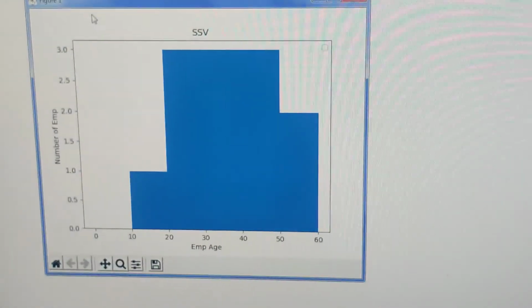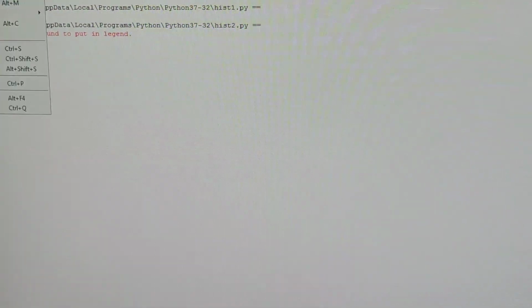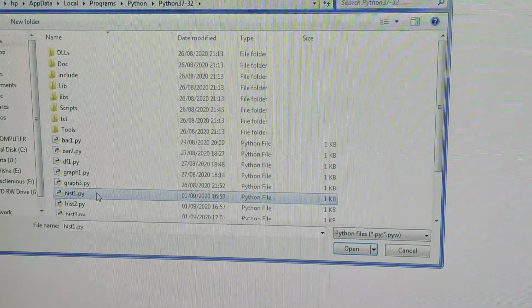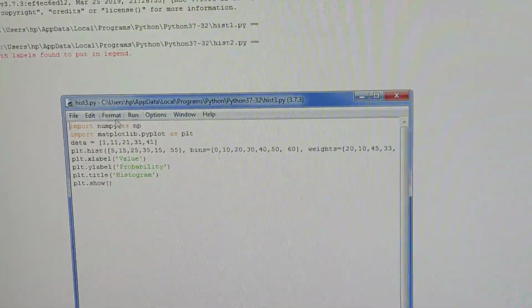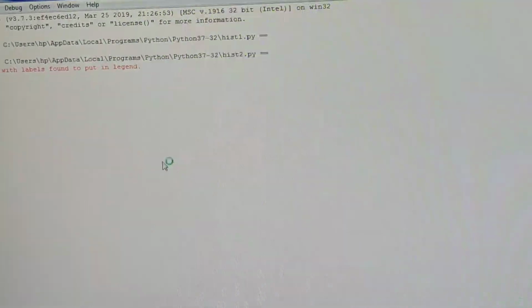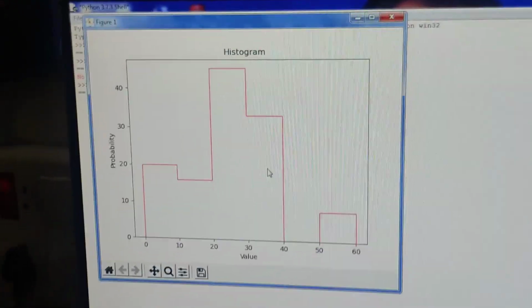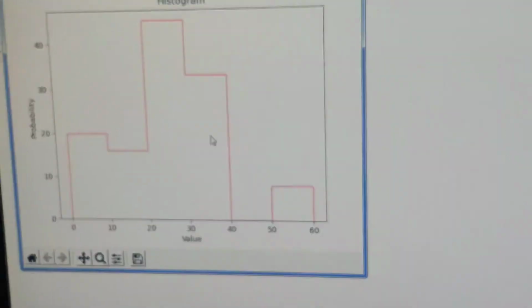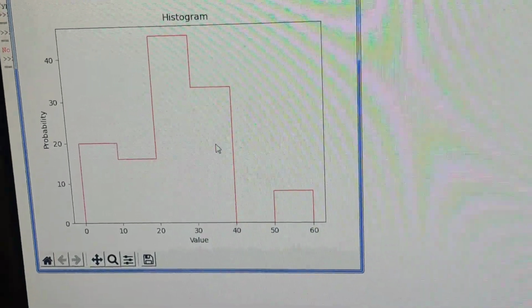We will run the program. See, got it? And now we will run the third program. Now run this program. So these are the questions we have done for the histogram.